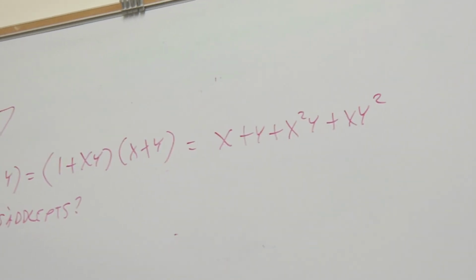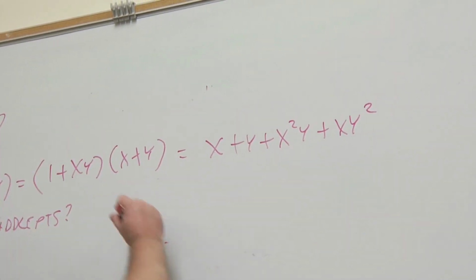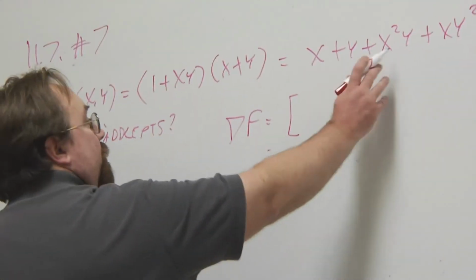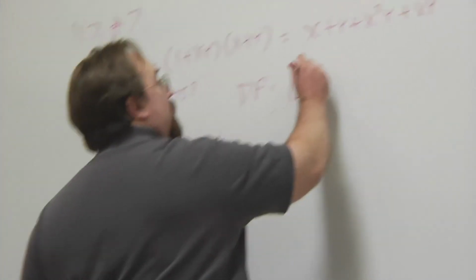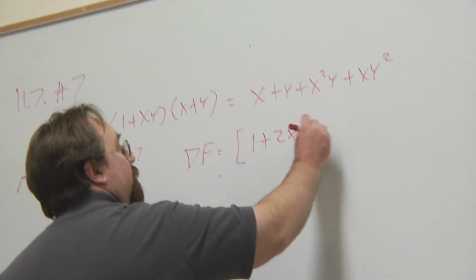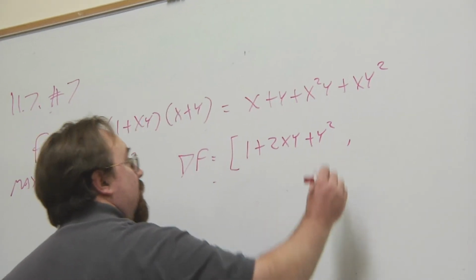So now we'll compute the gradient. So we have partial with respect to x, that's going to be 1 plus 2xy plus y squared. The partial